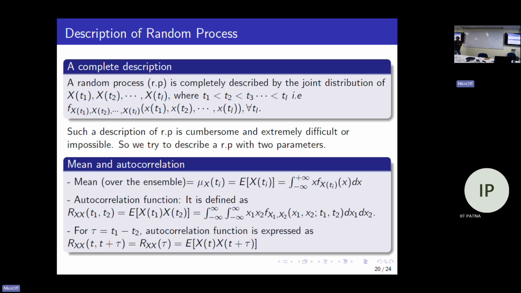To describe the random process completely, we need to describe the joint PDF of the numbers at T1, T2, T3. A random process is completely described by the joint distribution of x(t1), x(t2), ..., x(tl), where t1, t2, ..., tl are